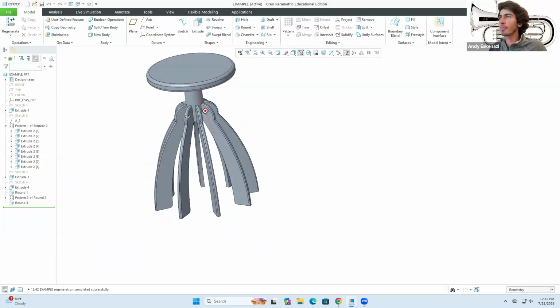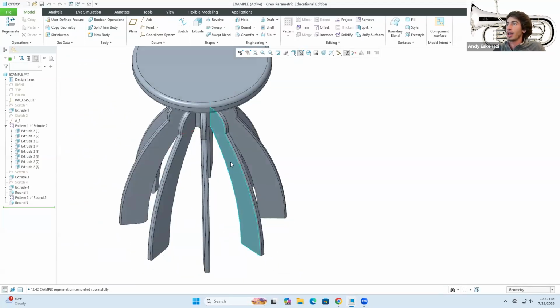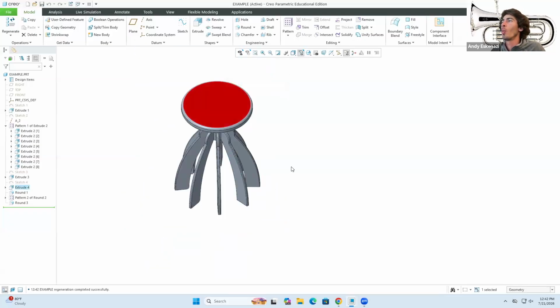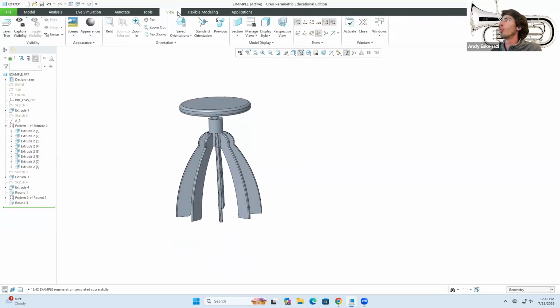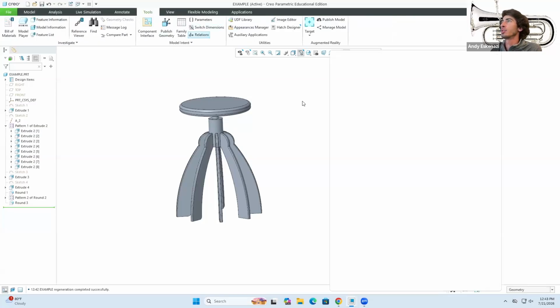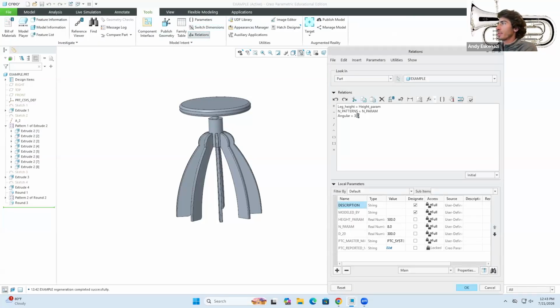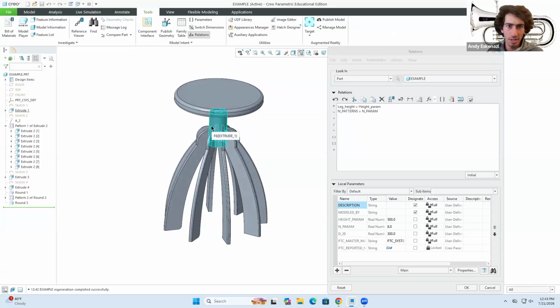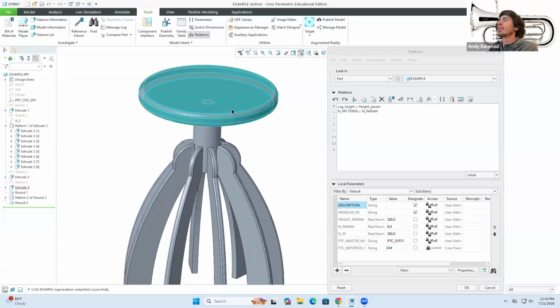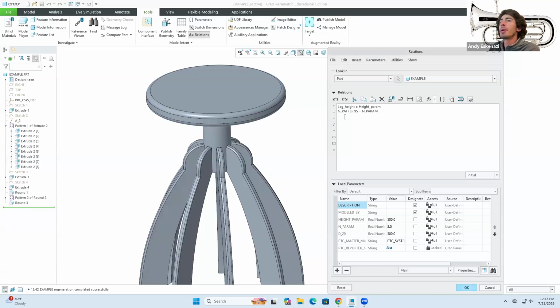So this is pretty neat, as you can see here. So we've changed the height, we've changed the number of legs. What about the diameter here? Well, I can go over to view, again to tools, and just go here to relations. Let me, I believe this one is not working, so I'll just delete it. Maybe we should have created the circular pattern a different way already without the angular extent, and we could change that one there. But instead, I'm gonna go now to